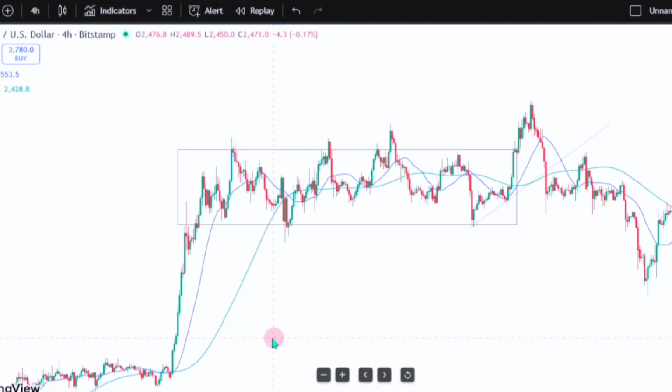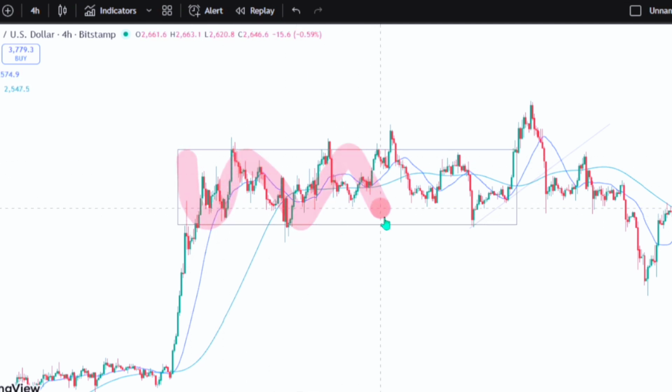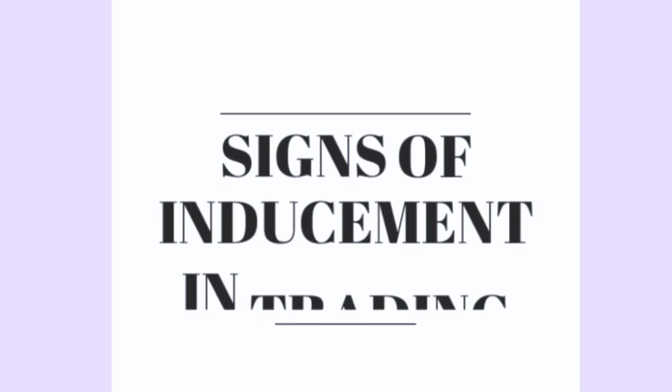Range-bound liquidity. This is a cluster of orders that exist just at the top and at the bottom of a particular price range for a commodity. Let's say, for an example, from 5,500 to 4,500. So there's a cluster of orders at 5,500. There's a cluster of orders at 4,500. This is what the institutional traders always do whenever there is indecisiveness in the market.